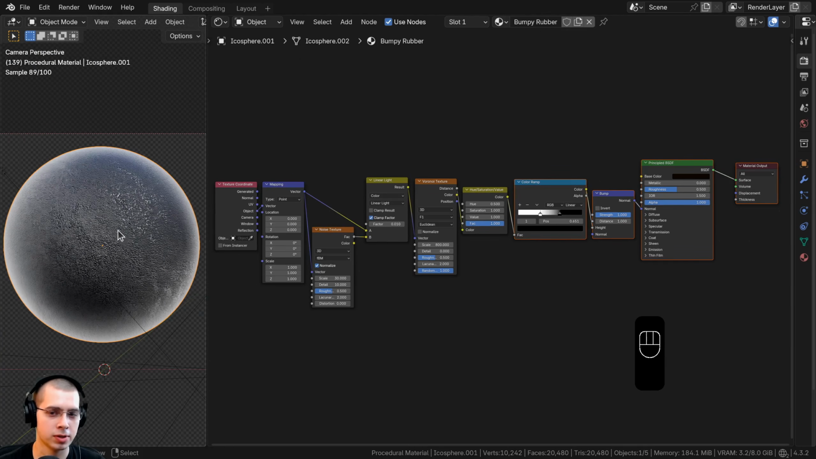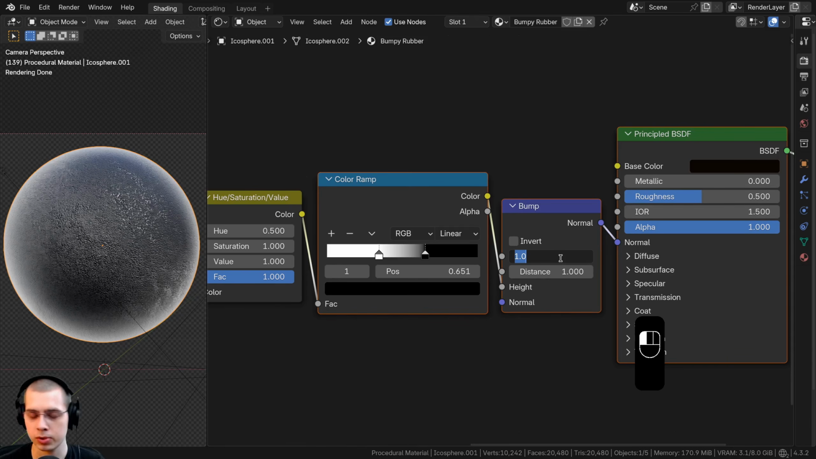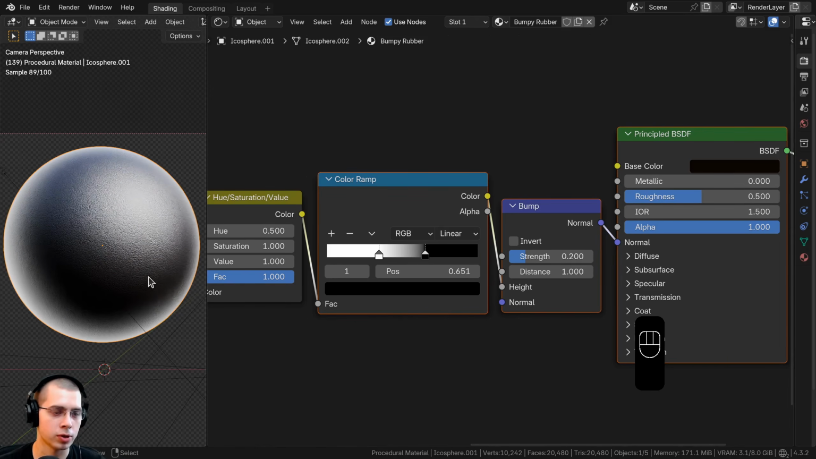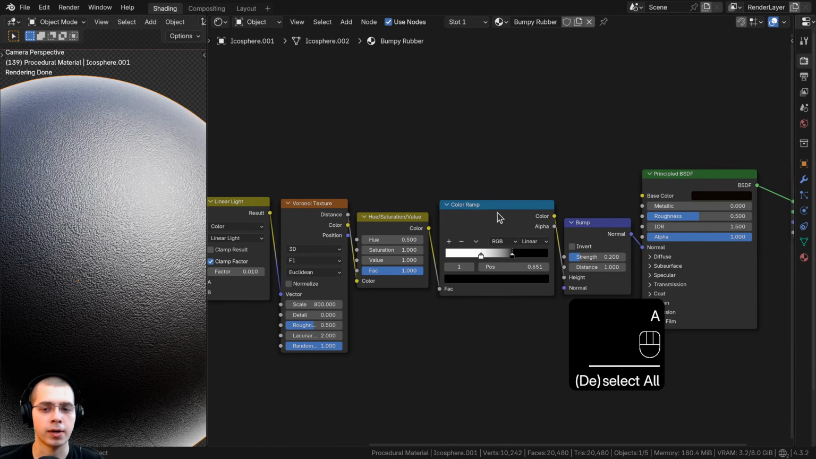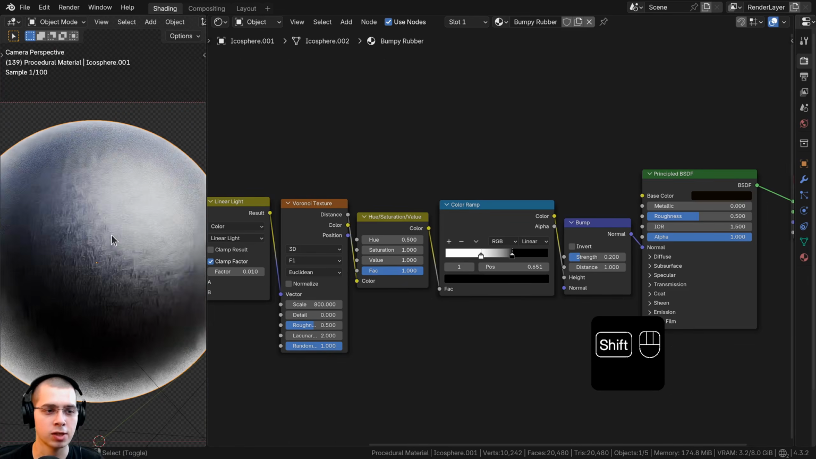So now if I zoom out, you can see it's way too strong. So let's take the bump strength and I'll turn that to a small number of like a 0.2. So now you can see it just looks like this subtle bumpy rubber. Now I also want to add a noise texture just to give it a little bit of noise over the